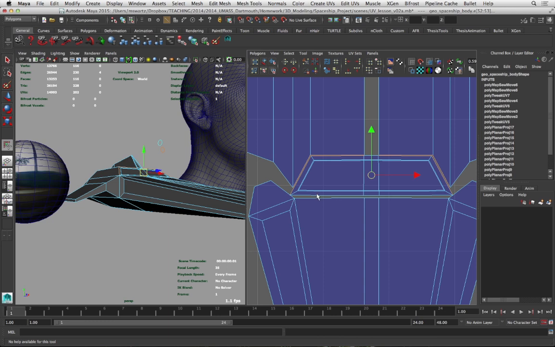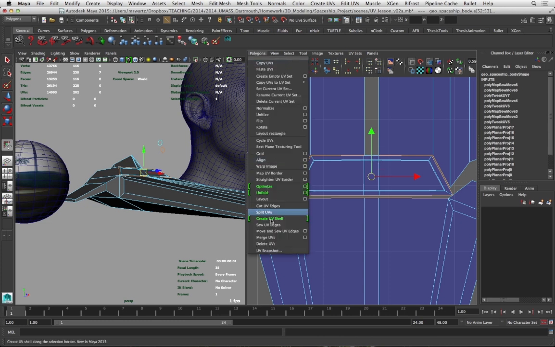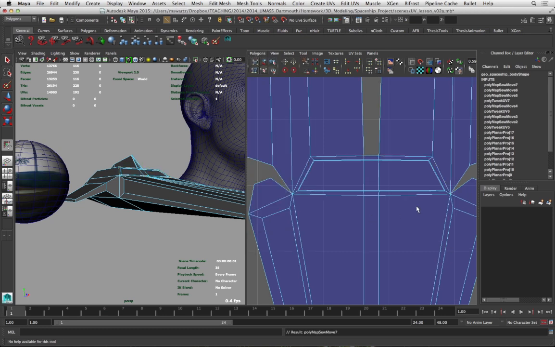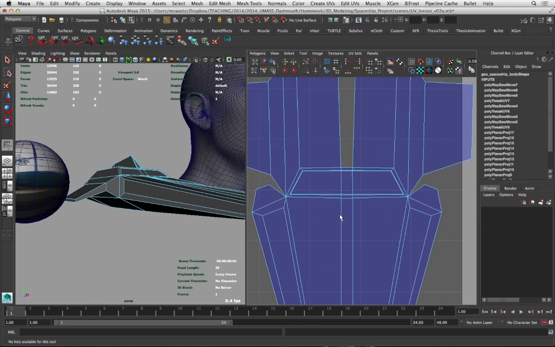And it will snap all these pieces together, and we'll have to fix some of the distortion that results from this operation, but I think it'll be better all merged together as one shell. Let's move and sew. So it shuffled things around a little bit, but I think it will pay off. Now I'm going to select